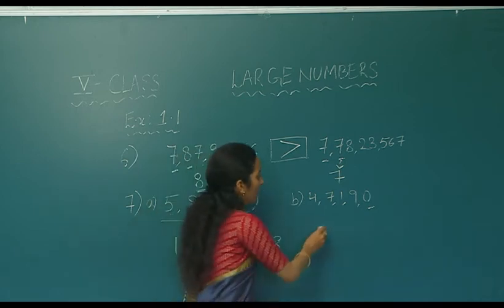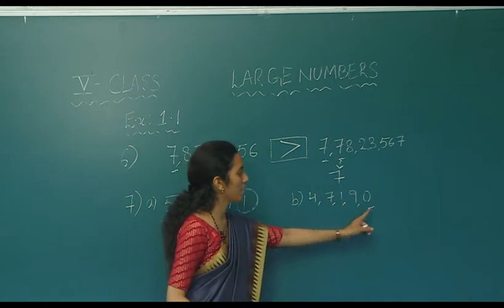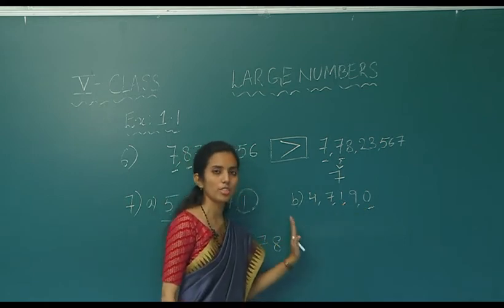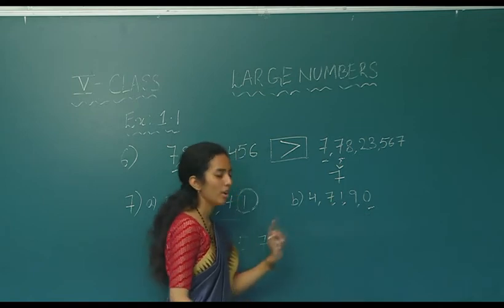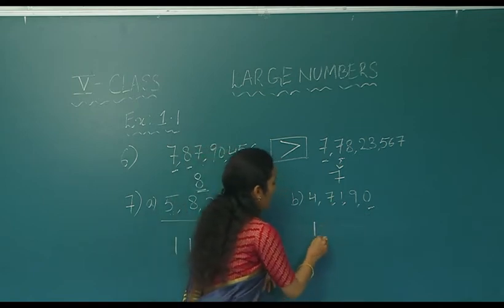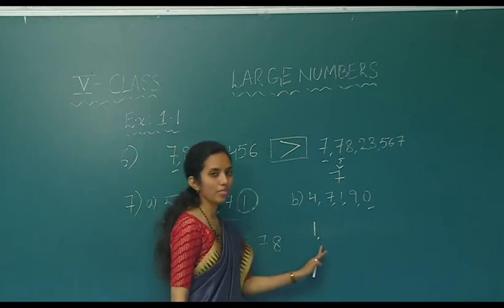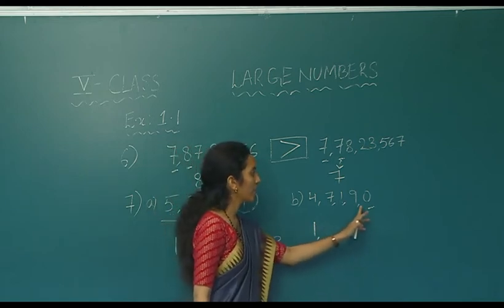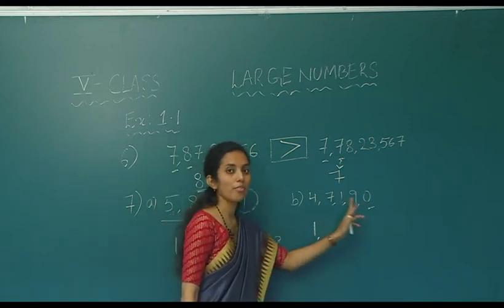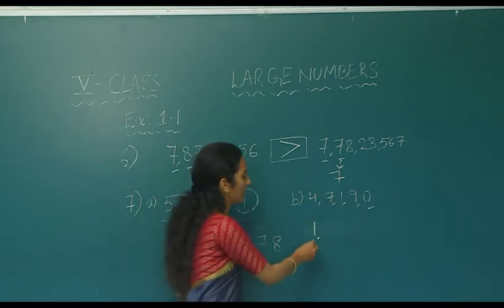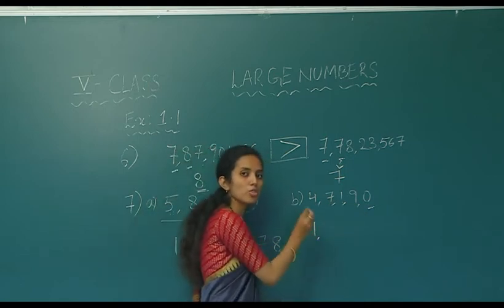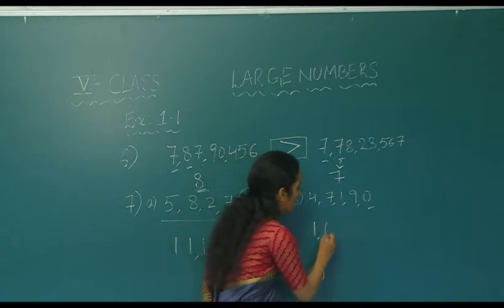So, children, here also what is the smallest number? 0, but we do not write 0 in the first place because the number is not valid. So, what comes after 0 is 1. So, we write 1, and after 1, what do we have to write? We do not write 4, we have to write 0 because 0 is the smallest number, but we could not place it in the first place. So, we did not take it. Now, we have to take 0.